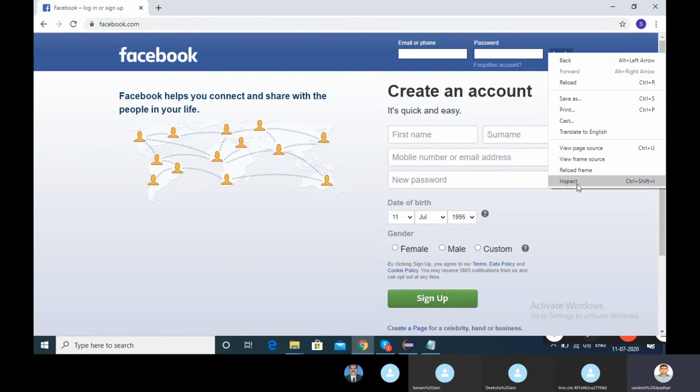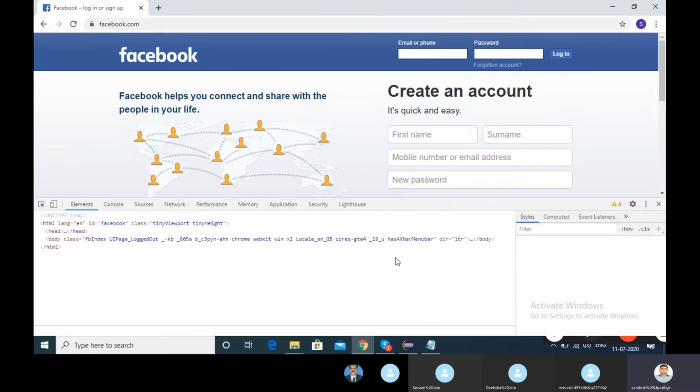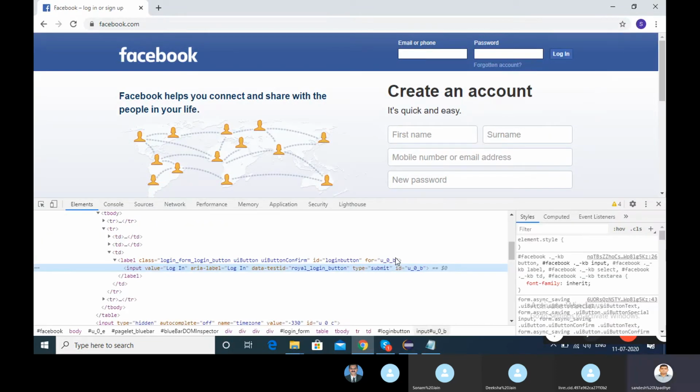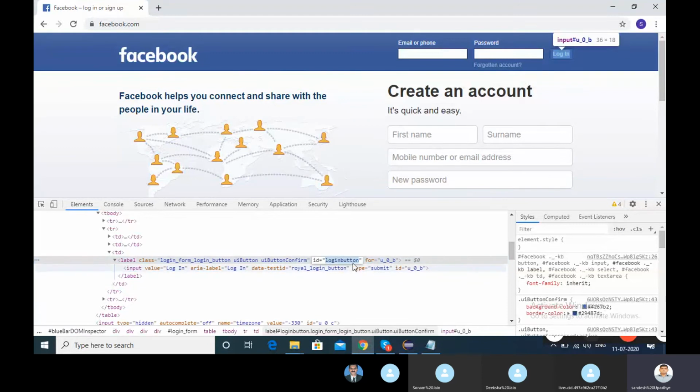If I go here and inspect this, okay, I chose a different path. If I go here, look, the button is highlighted over here. I need to choose the ID from here, not from the UL.